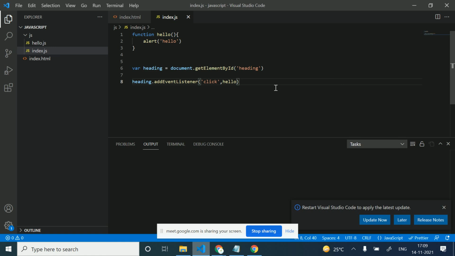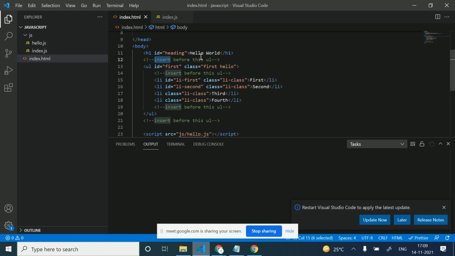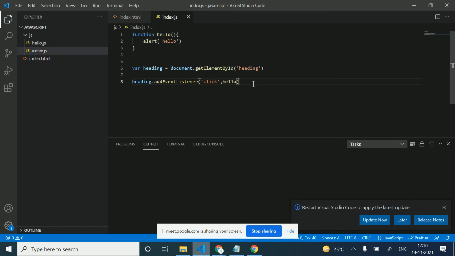So there are two ways to add an event on an element. I have added onclick here. So I can add multiple events on an element, like onmousedown. I can also use mousedown. Several events we can add on a single element as well, so there is no issue in this. Like I have added onclick here, and